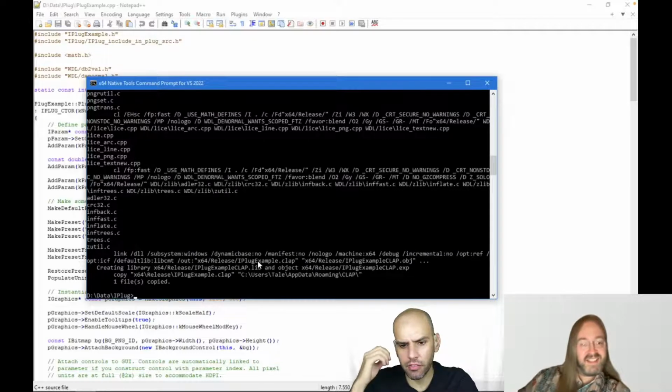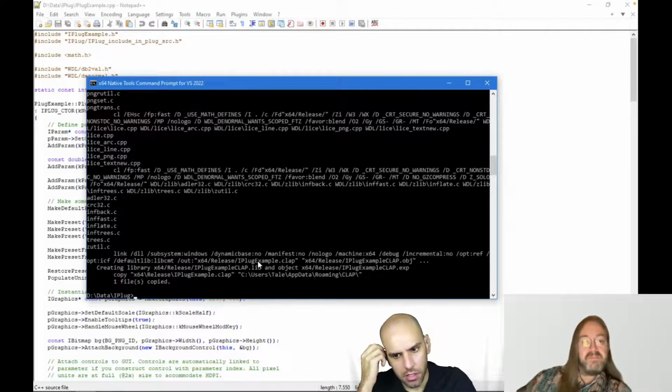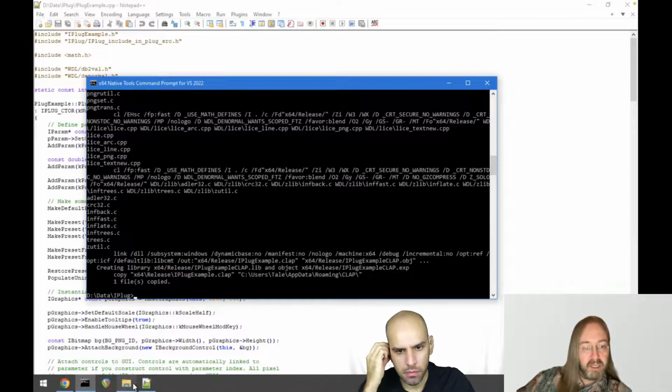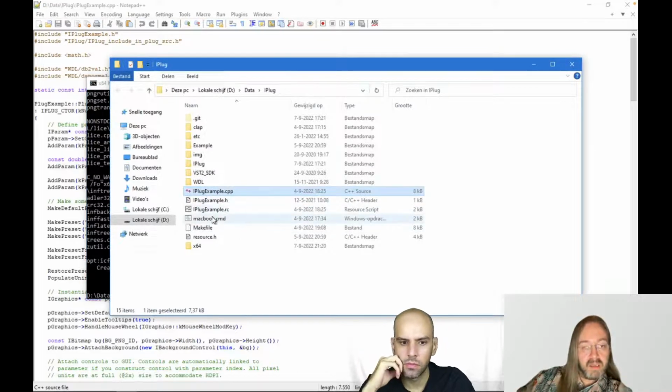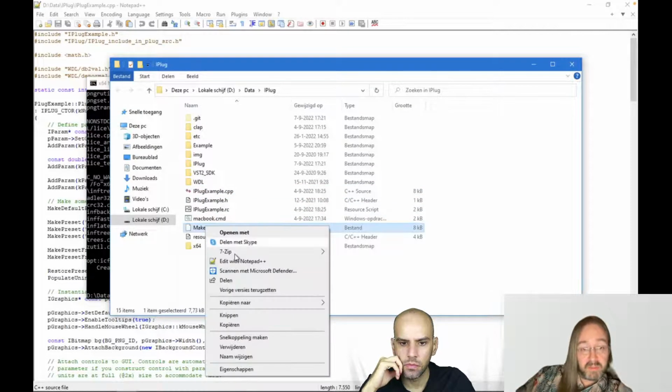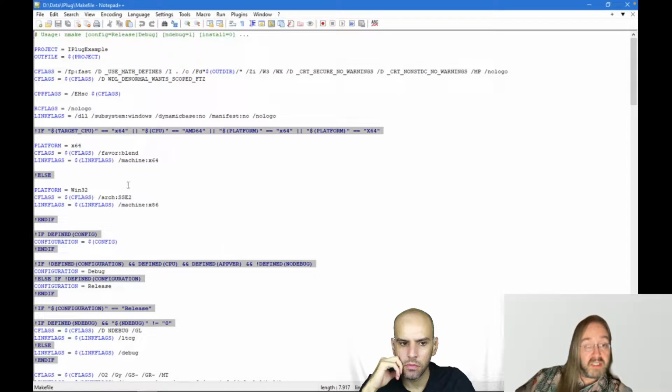And do you write the make files by hand? Yeah, I do. So here I have a make file set up that's also supplied with the example. So this is just something I made by hand because I'm quite familiar with the Microsoft compiler anyway, and with all the options. And there, of course, you can Google them.